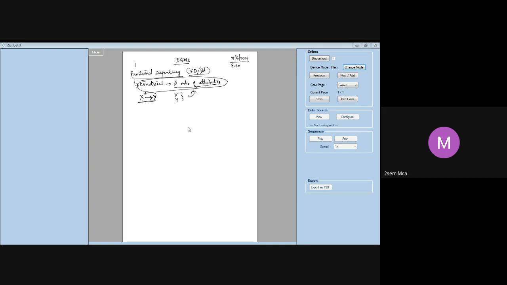Now, how do you define it? This is how you denote a functional dependency between any two sets of attributes. So X is one set of attributes, Y is another set of attributes. Now it is going to specify a constraint on the possible tuples of R. What is R? R is our table or relation. Whenever you have two tuples, T1 and T2, of course in a particular relation, in a particular table R, you will have a lot of tuples, is it not?